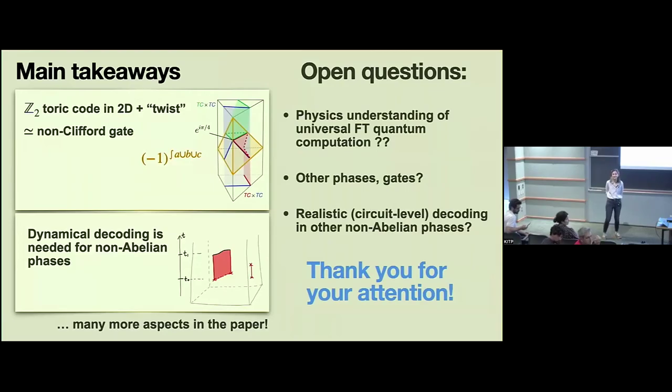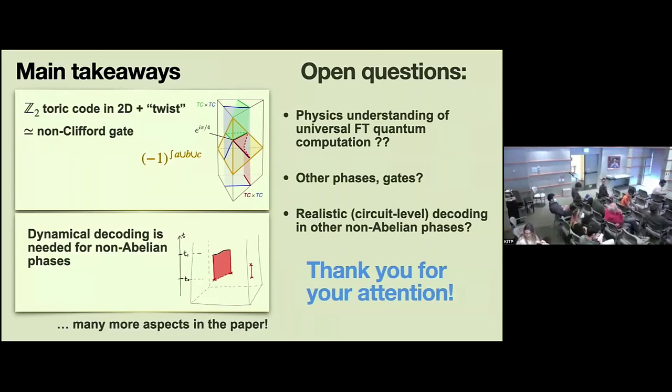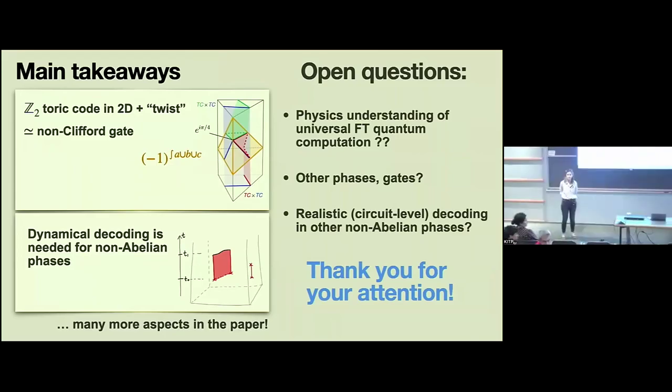Hi, thanks for the talk. I just wonder, am I right? Your just-in-time decoder is still somewhat non-local, not a strictly local decoder? It's not local, yes. Could you comment on which aspect is non-local? So in order to make a decision, you need to process everything that happened in space-time up to that point in time to make a correct decision.